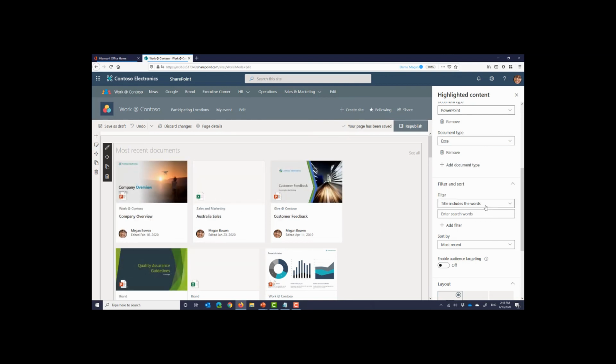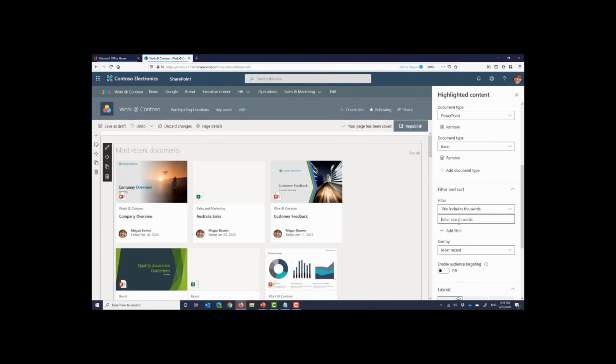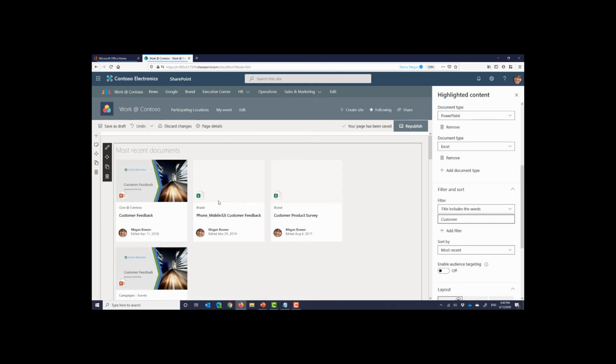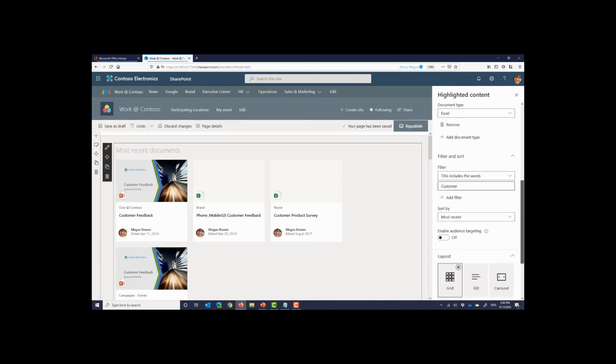I can add some filters to search based on keywords. Let's see, I want to have customer, for example. If you click on add customer here, automatically it filters based on customer. So it's very, very dynamic. I can sort by as well. This is one example of one web part, and you can see how much power it has